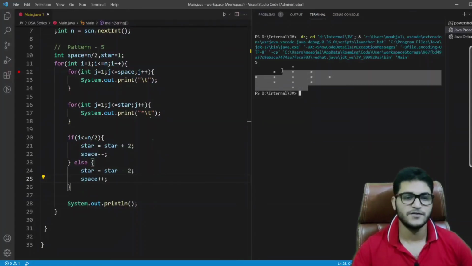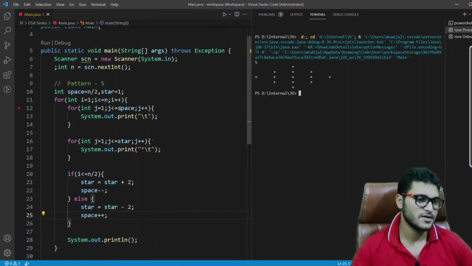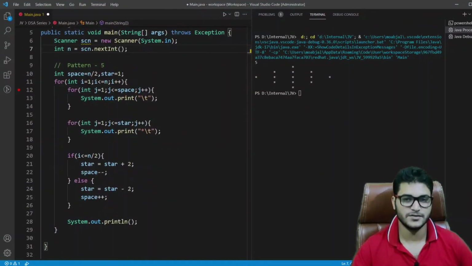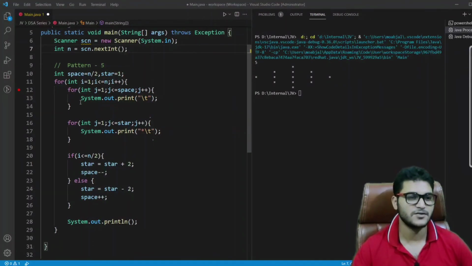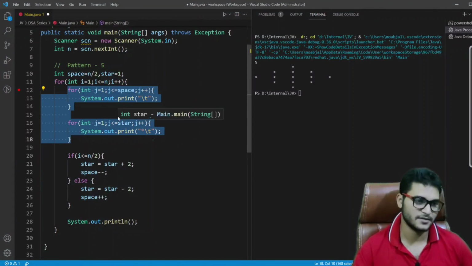Okay. So now you can see we have printed the exact same output whatever we are having in our question. So this is the actual code for printing pattern 5, which is this one. Of course it was a bit tricky, but it was not that complex either, because I have already discussed one trick with you, how you have to tackle or get started with any pattern. You just have to use this logic.